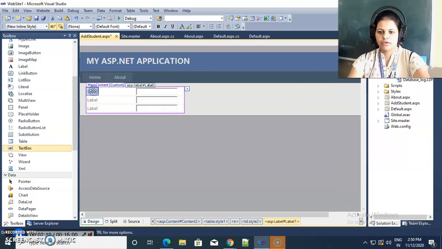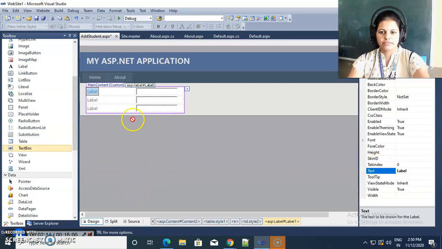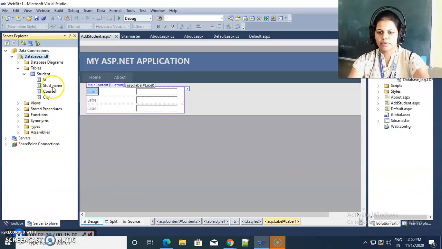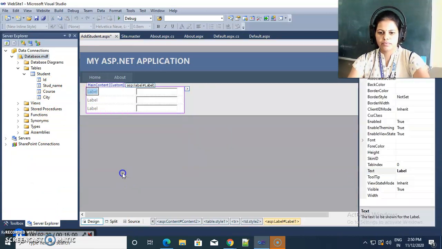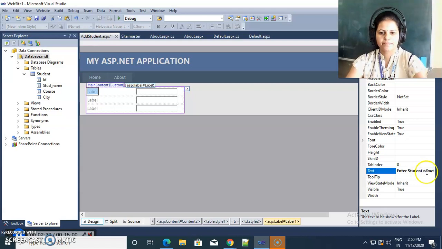Now I am giving the text property of these labels. Here we know inside our student table there is student name, course and city. So I am setting the text values for the labels. Enter student name.